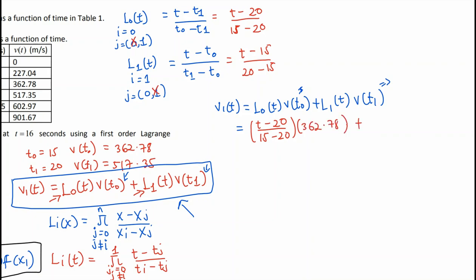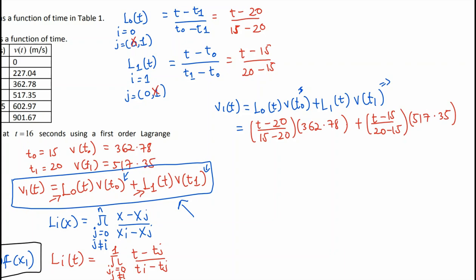So this plus L1 of t, which is t minus 15 divided by 20 minus 15, multiplying V of t1, which is 517.35. When we do this, we are going to get the first order Lagrange polynomial,